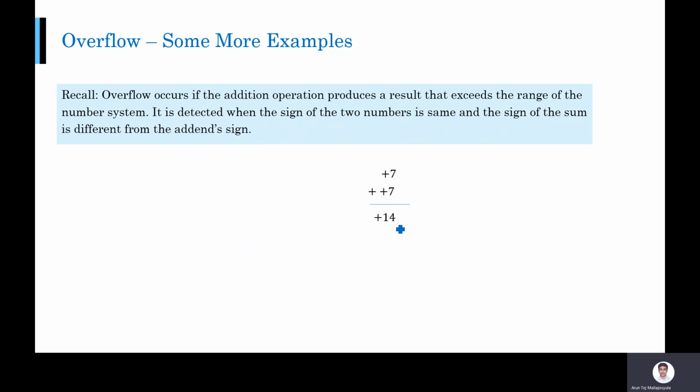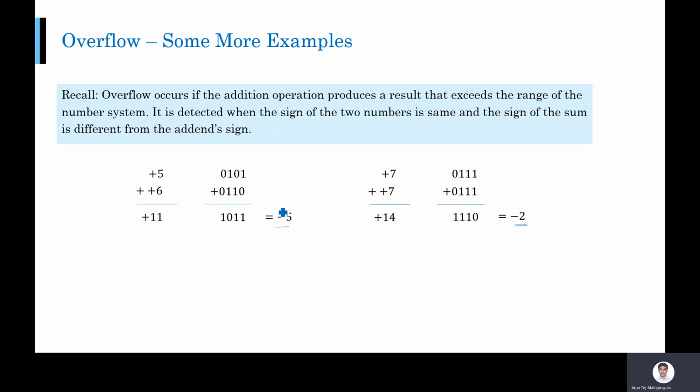You want to do this addition. 7 plus 7 is 14. 5 plus 6 is 11. So 0, 1, 0, 1, 1, 0, 0, 1. You get 1, 0, 0, 1, which is actually -5, right? You do this addition. What do you get? You will get 1, 1, 1, 0, which is -2. Again, a wrong answer.